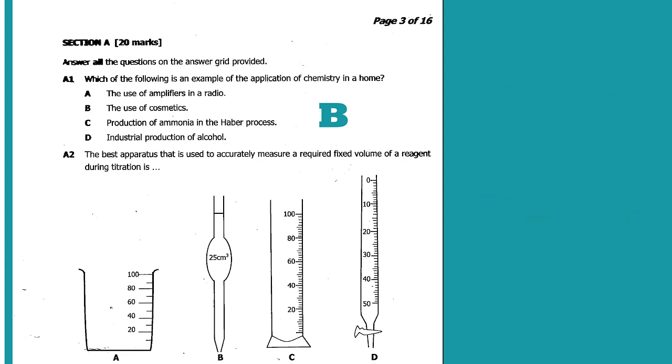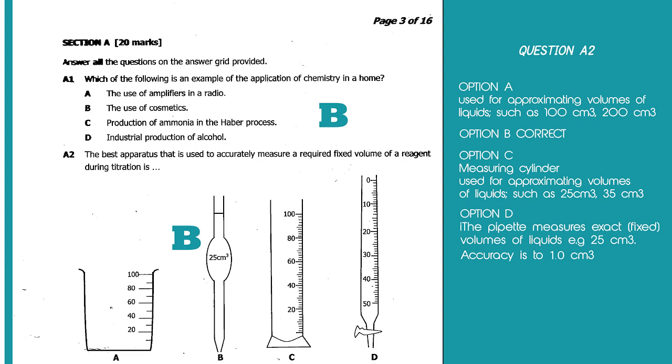Question 2. The best apparatus that is used to accurately measure a required fixed volume of a reagent during titration is? Our answer is B, the pipette. A, the beaker is used to approximate volumes. C, the measuring cylinder is also used to approximate volumes. Then D, the burette is used to dispense accurate volumes of liquids during a reaction, especially during titration. So our best answer is B, a pipette, which is used to dispense fixed or exact volumes of